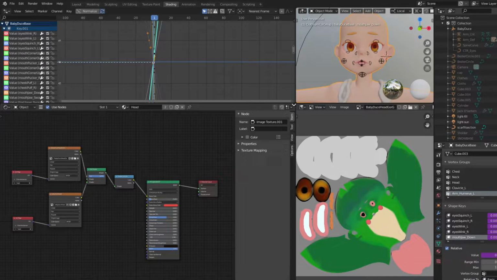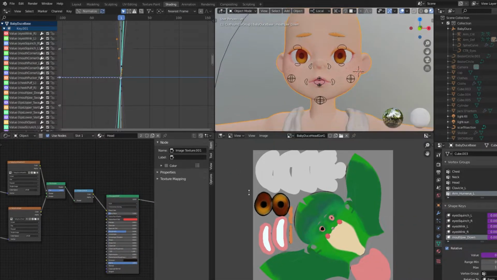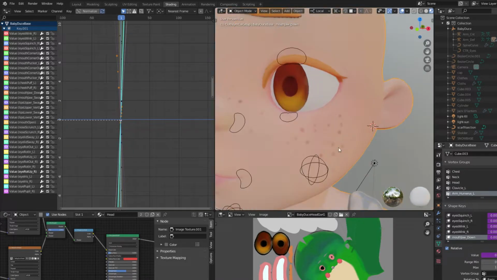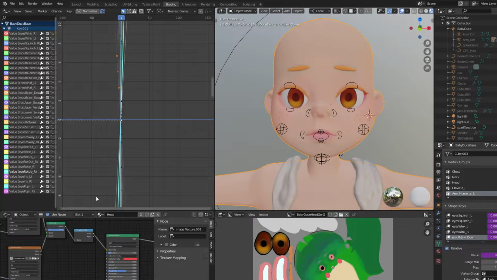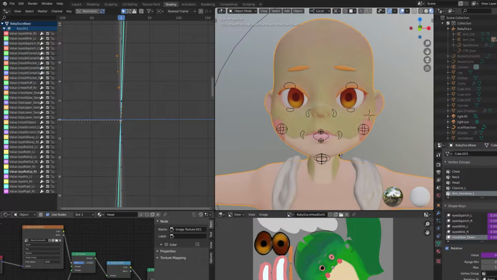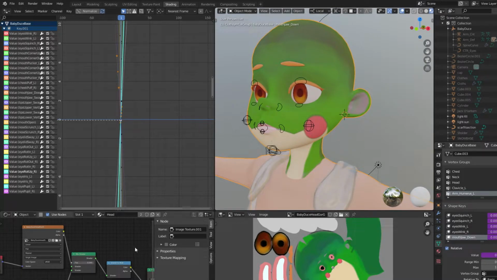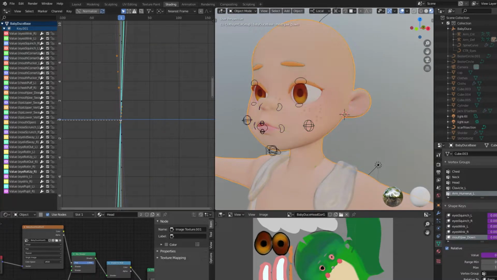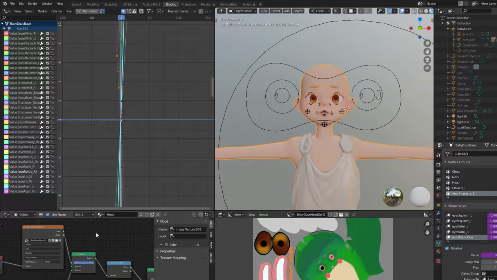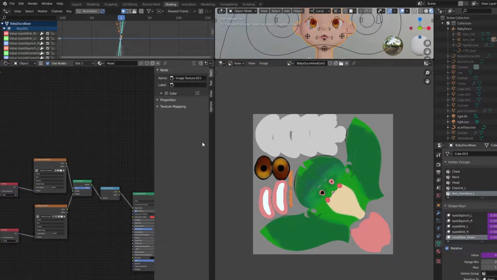So I've got this character, this little Medusa character of mine, and what I want to do is set up a transition between her Gorgon form and the human form. So the way that I did this, if we look in the shader,